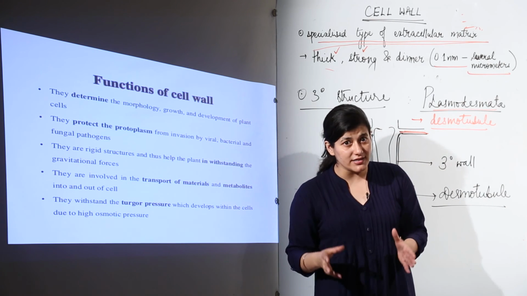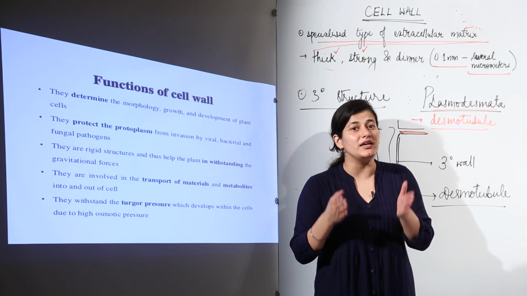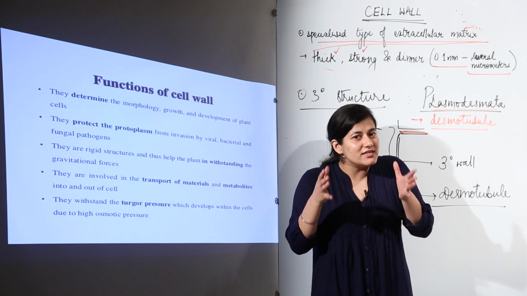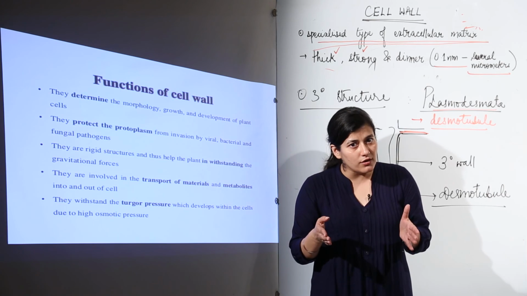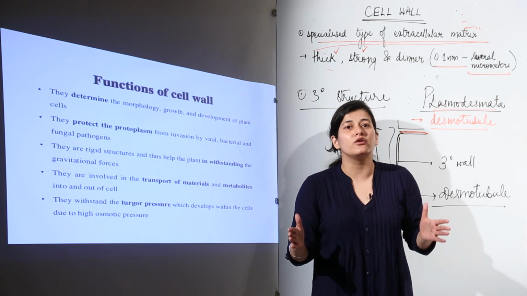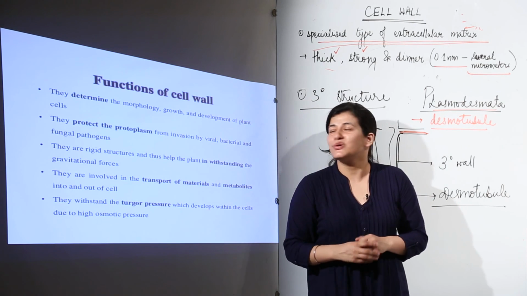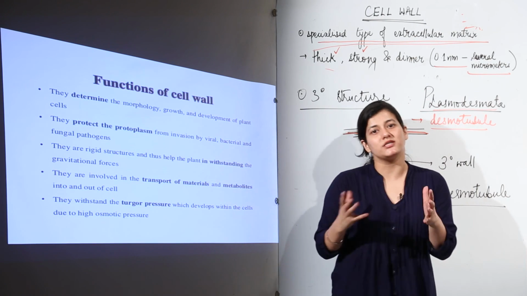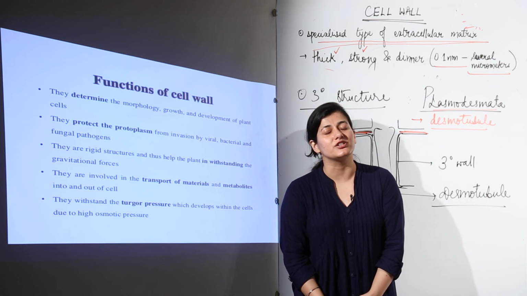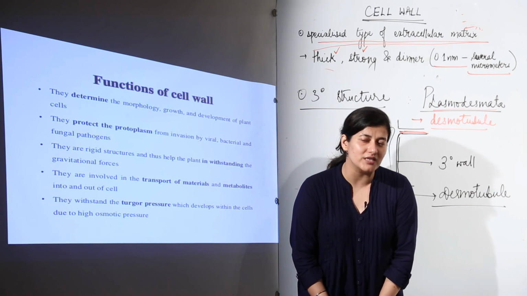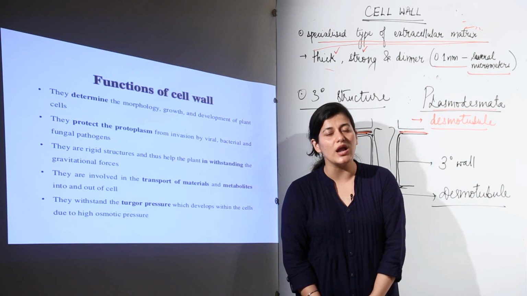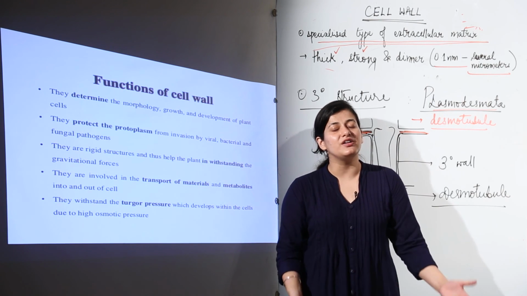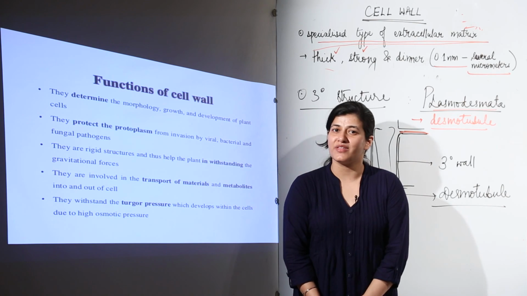But in the case of plant cells, that turgor balance is maintained due to the presence of the cell wall, because beyond a level, the cell wall being rigid, rich in cellulose microfibrils, will not allow the protoplasm to expand. So these are the functions of the cell wall. We have understood the basic cell wall structure. I hope you are quite clear with the functions of the cell wall as well as what the cell wall basically is, the complex structure that differentiates plant cells from animal cells.